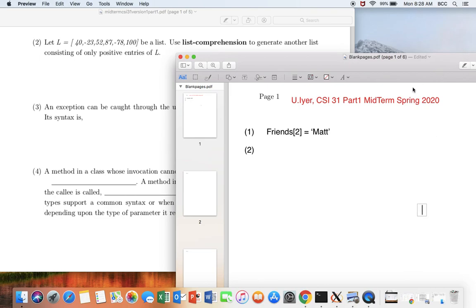I'm going to create another list there. Okay, so another L is, take every entry from L which are positive. In other words, I must be able to skip negative 23. I must be able to skip negative 78. So take those entries